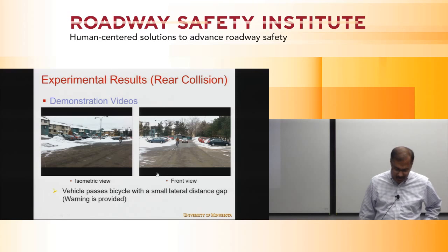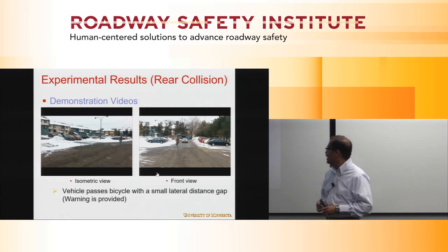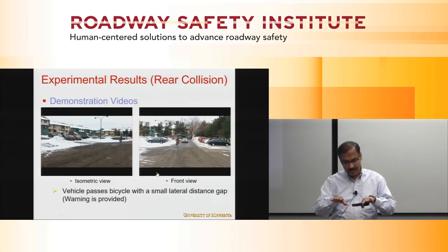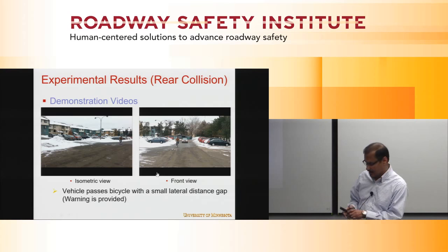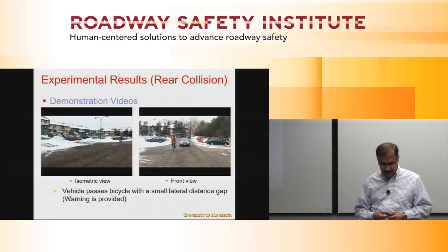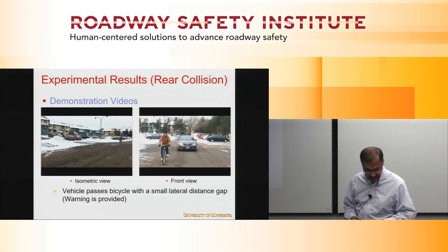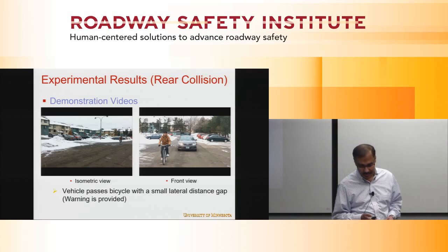So I have a couple of videos here on this rear collision system. Okay. So this video basically shows what happens, how the system responds when this car is traveling very close to the bicycle. It doesn't actually turn towards the bicycle, but it's a bit too close laterally, and so a warning is provided to the bicycle. Okay, so I think the audio was able to play through the HDMI, so it's good. So yeah, you can basically see that the system responds,